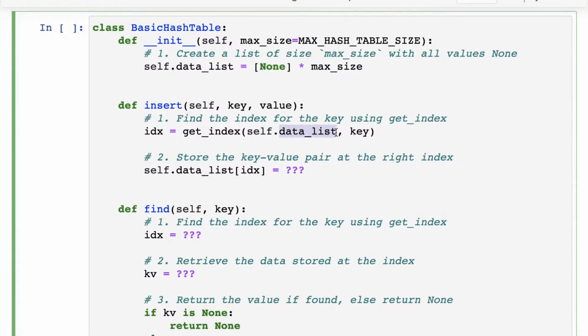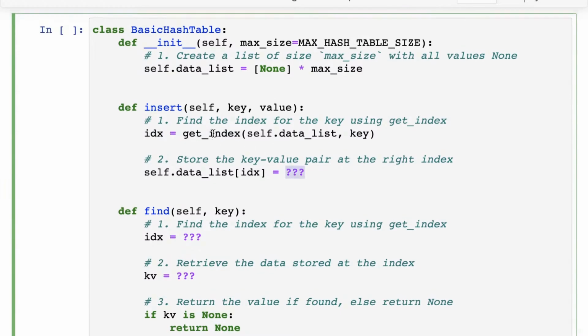And this is a mistake that we often make initially. I still make this mistake where I have certain global variables defined and I'm using those global variables inside my class. Avoid doing that. Anything that you want to put inside a class object, you need to put inside self, like we've done here. And then to access it, you need to use self dot to access that specific property or element or even method. So now we have self.data list, and we pass in the key and the data list into getIndex, and that gives us the index.